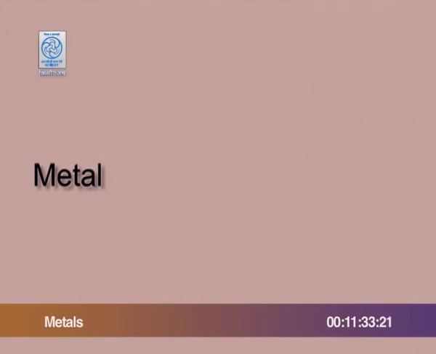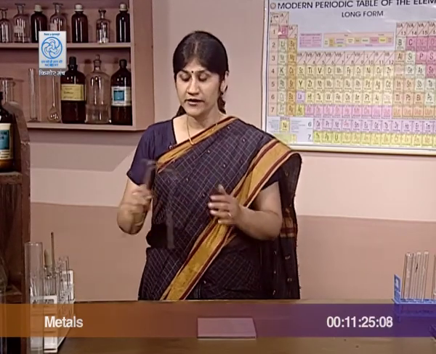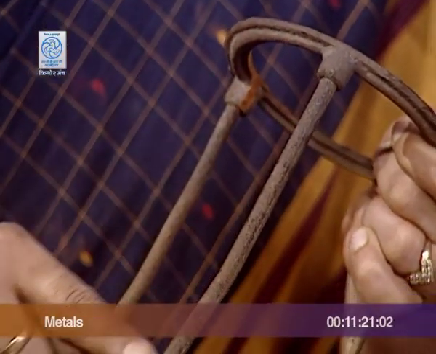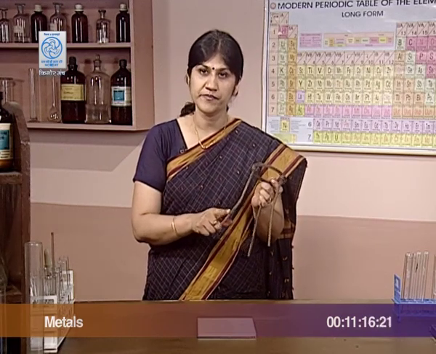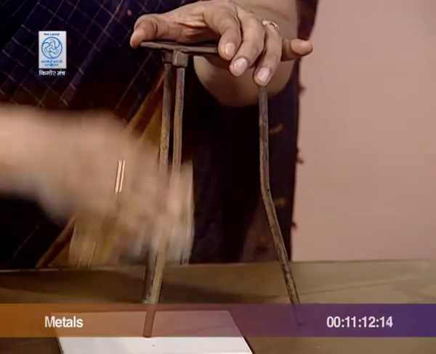Most metals are very reactive with oxygen in the air and form metal oxide. As a result, they get covered with a thin oxide layer, and this thin oxide layer is the reason for the lusterless appearance. When we scrape this thin oxide layer,